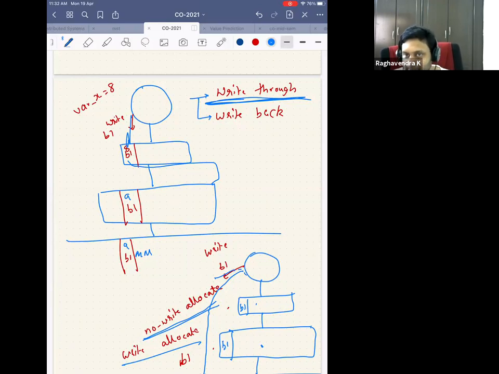I'm not saying you can't bring it to the cache. It's just that the name says no write allocate, write allocate. So all answers in computer architecture are right. I mean, there is no wrong answer, unless you come up with something totally off, right? But it's almost always right. So understanding the question is more important. So if you understood the question, you can now try to answer.